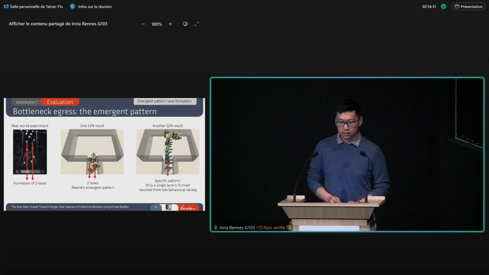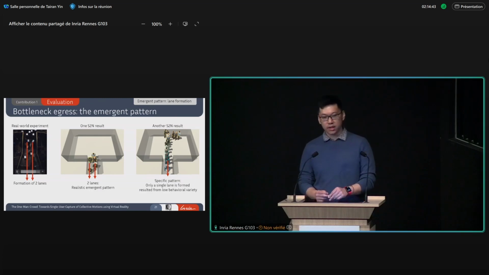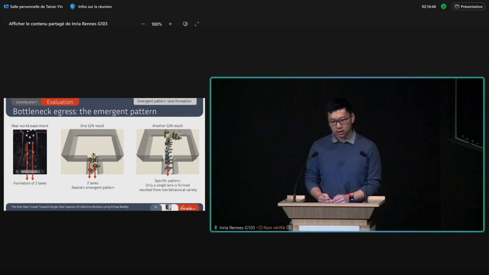In the one-man crowd, there's only one-man crowd approach here, right? Yes. Does the participant always start from the same place? Always start in the same place, yeah. When he's asked to reach the red line, does he always start in the middle of the bottleneck? No.